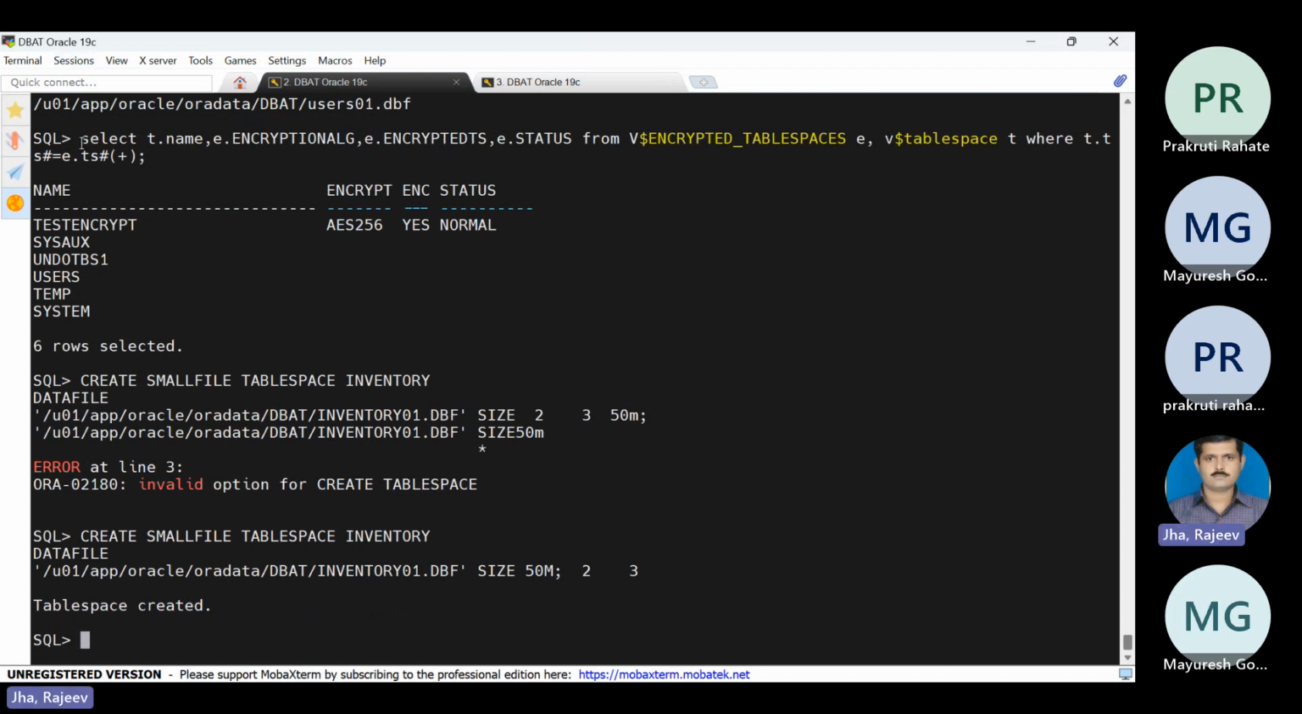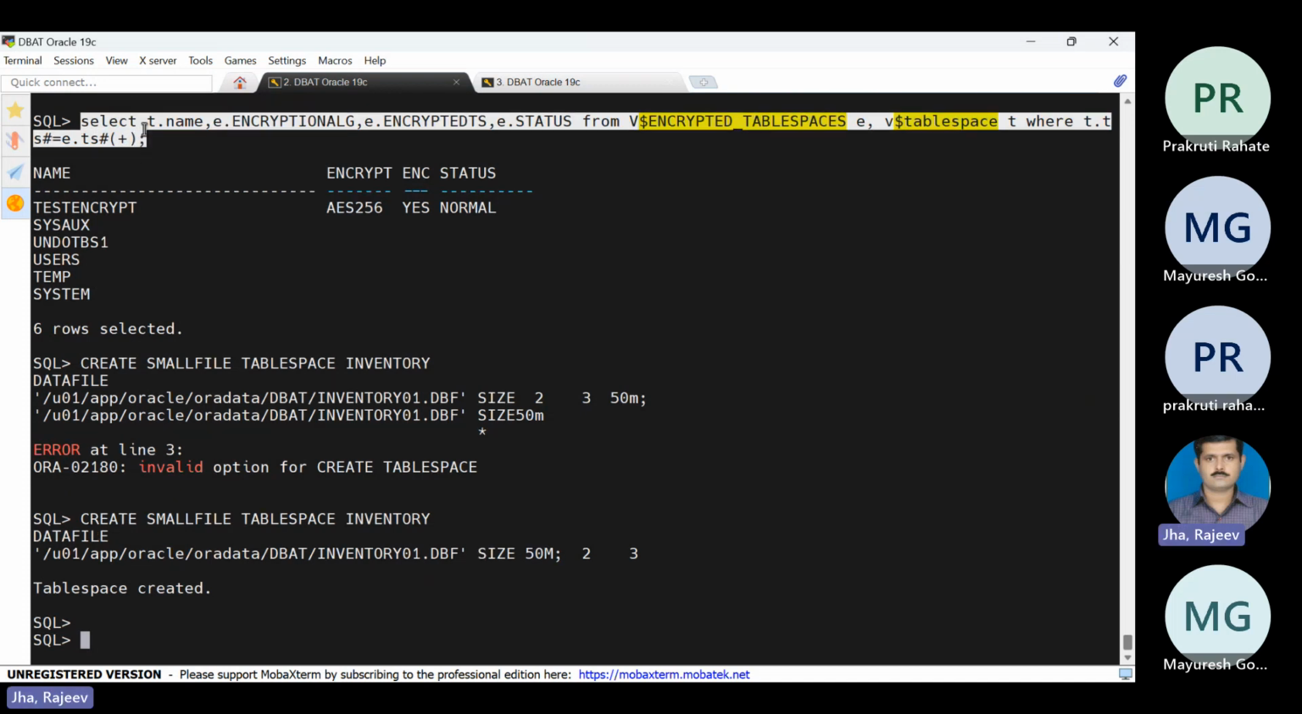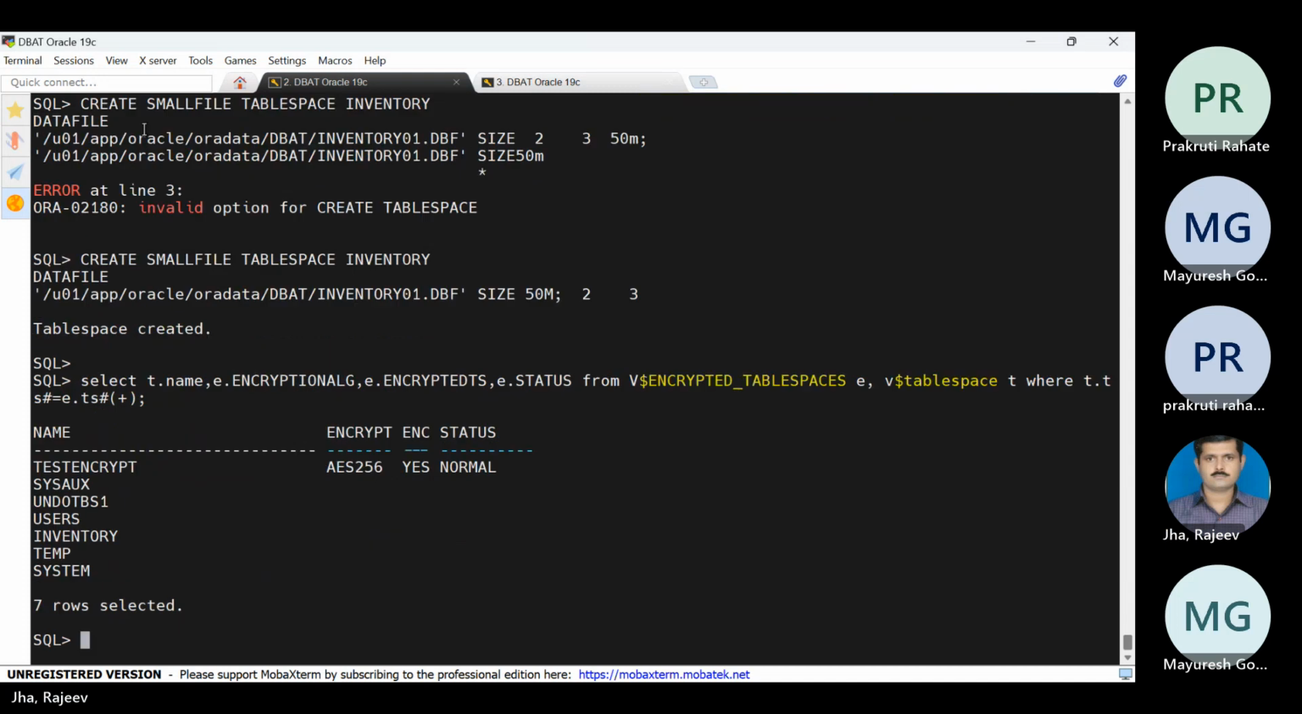Now let me go and check. As of now, this table space is not encrypted. If you can see, only this table space is encrypted. So I am going to convert the inventory table space also into encryption. It will be very easy. I can use ALTER TABLESPACE, and the table space name I can put, which one. So I'm putting it for the inventory,